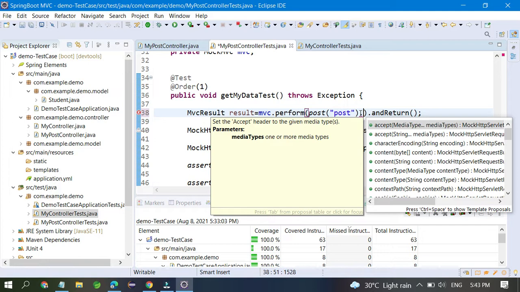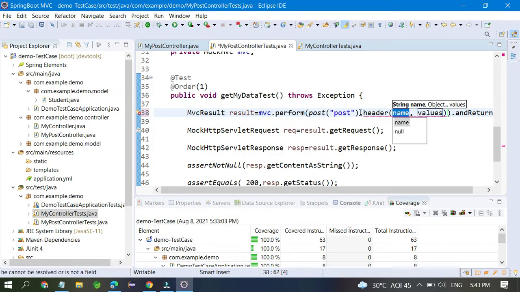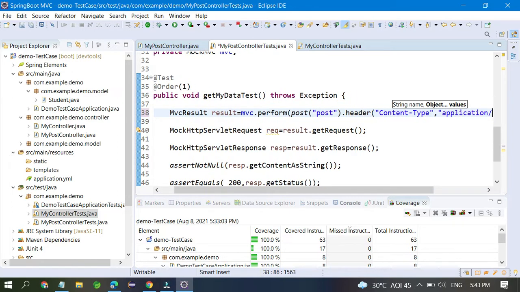So you have to send the header first, so you can call dot header here, and header accepts two parameters. One is content type, and the content type value, if you mention here, you can say in double quotes application/json, whatever data you are going to pass.